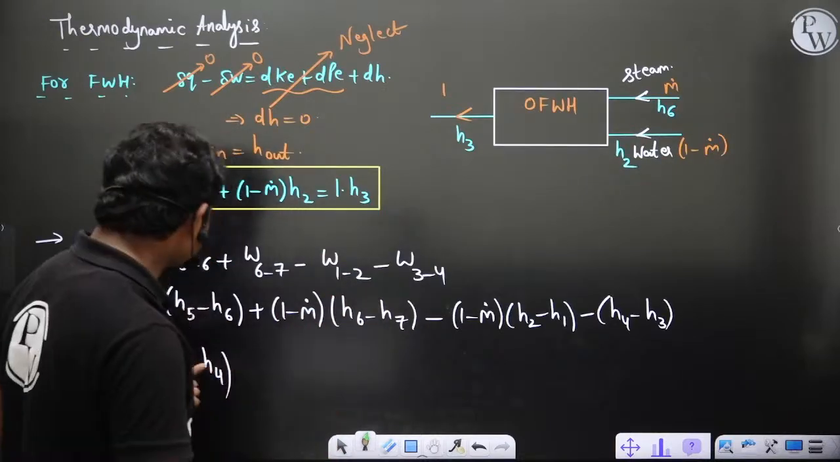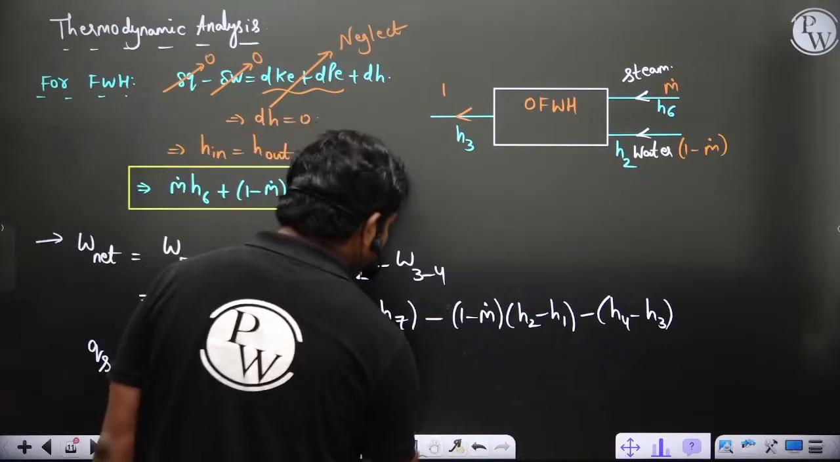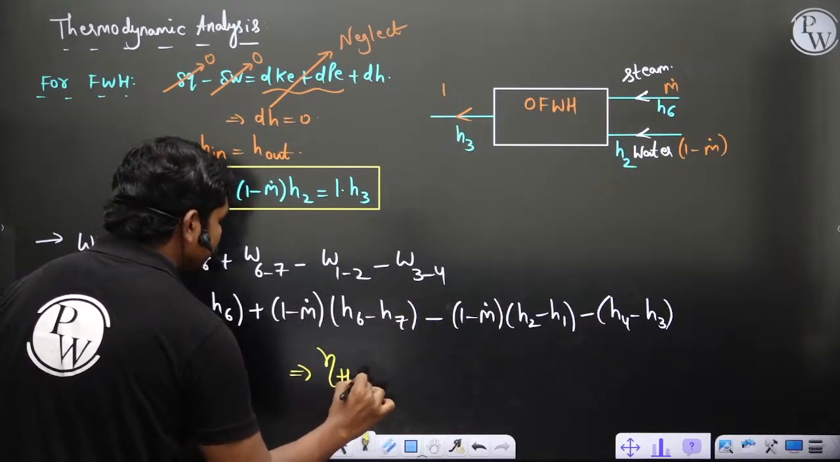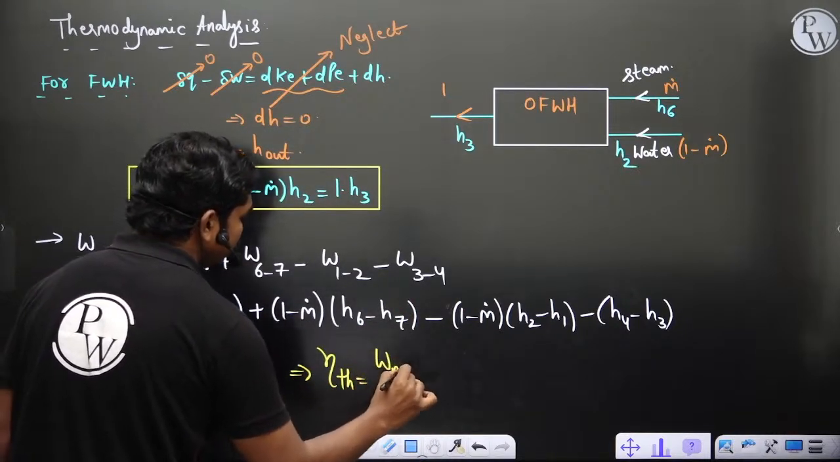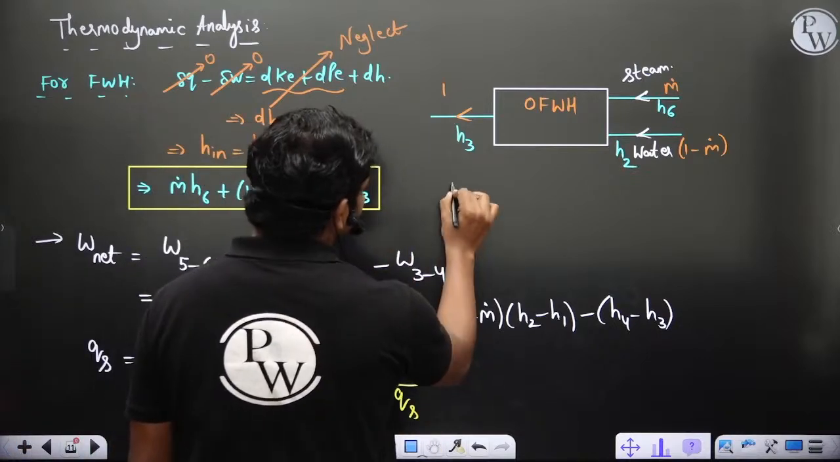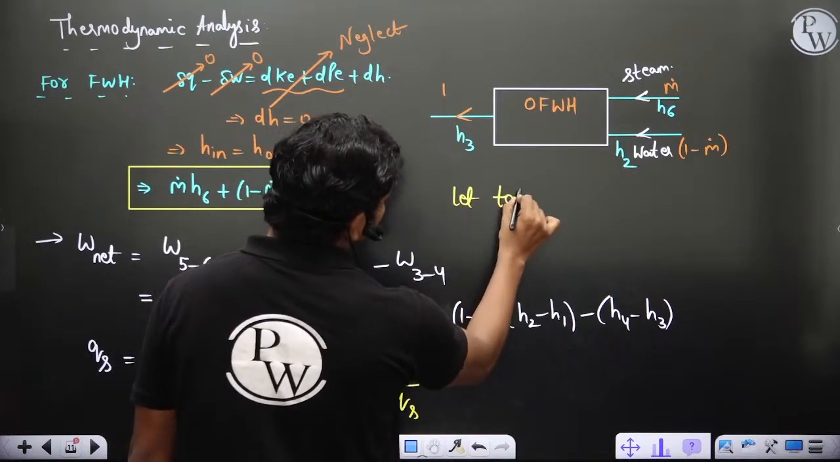Clear? So this is how you have Qs. So therefore, if you want to calculate thermal efficiency, you can just divide these two quantities. Thermal efficiency is equal to W net divided by Qs. These formulas I have derived by assuming